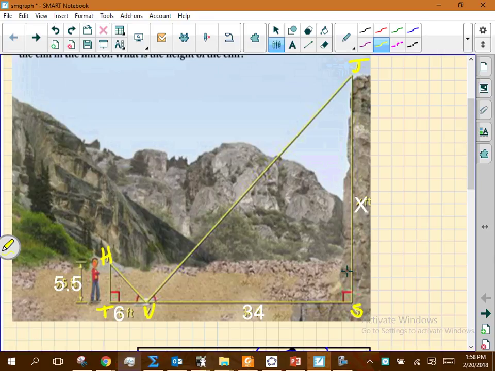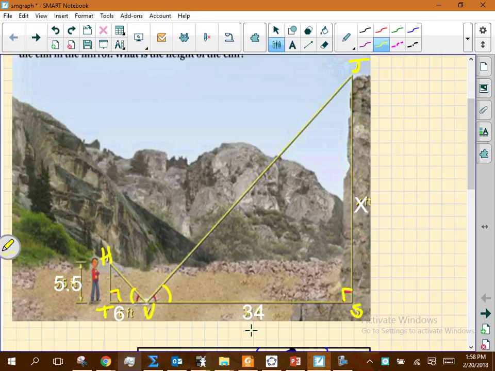When he's able to see the top of the cliff in the mirror, we've got this angle here and that angle there. This is the angle of incidence, the angle that the light is entering the mirror, and this is the angle that the light is leaving the mirror, going into his eyes, so that's what allows him to perceive the picture. But what do you know about those two angles? They're the same. What do you know about that angle there and that angle there? They're right angles. So these two triangles are both right triangles that have another angle congruent, right? So these two triangles are similar, aren't they? Does that make sense, everybody?